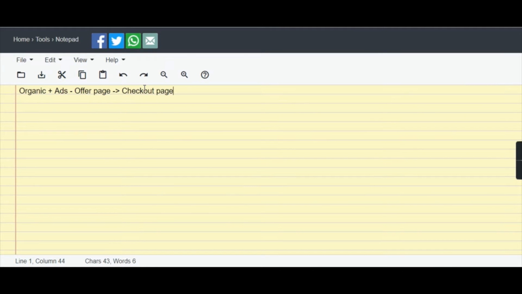If you come across any product in an organic way or in the form of advertisements, once you click on that, you would first land on an offer page. You don't directly go to checkout, you don't directly go to the product page. First you would land on the offer page, and from here you would be redirected to checkout. You can also find some upsells in between, once you have purchased a product.